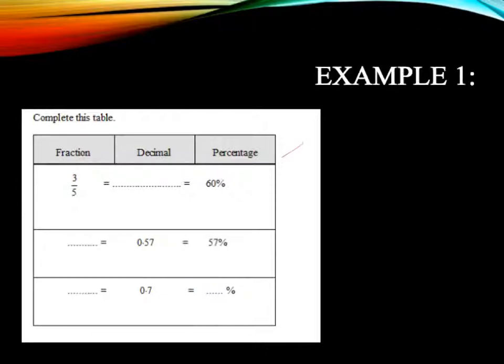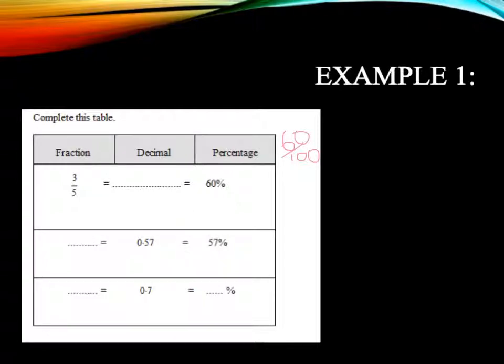So a percentage here we can say is out of 100, which starts to look a little bit like a fraction. Notice we've got 100 on the bottom, a line, and then something at the top. So this 60% here, I could write as 60 out of 100. Now, you might be looking at this and saying, but the fraction's 3/5. Well, there is a link between these two things, and in some of the other videos we've looked at converting